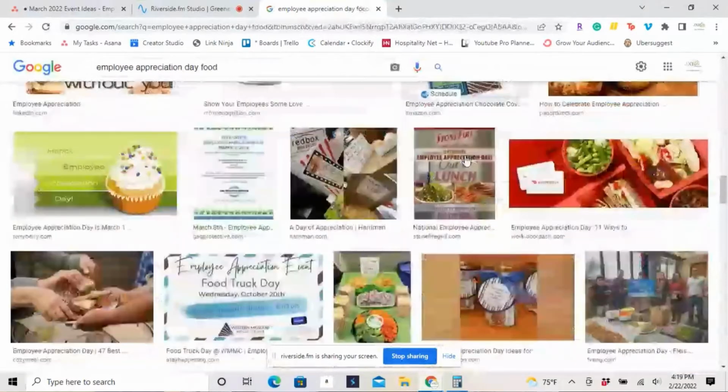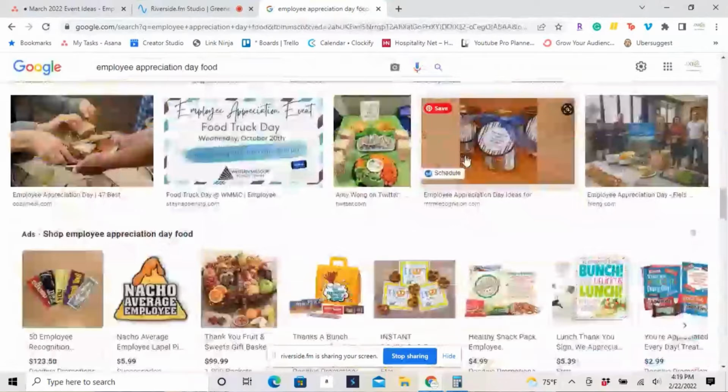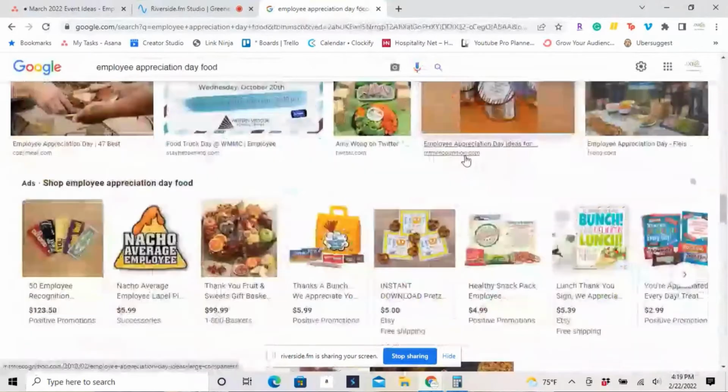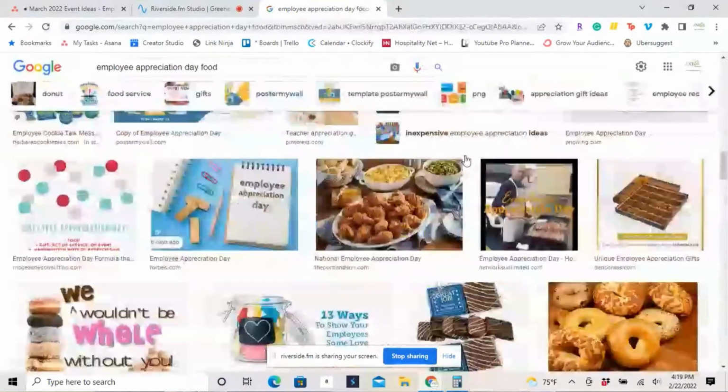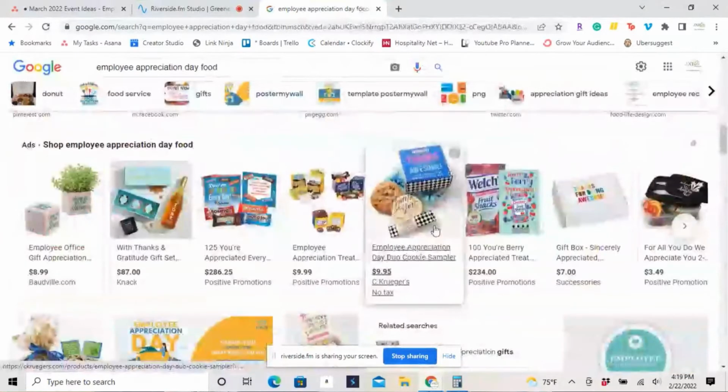If you do bake and you want to do bagels and personalized baskets, cool. I know a few of the people in my audience do really amazing desserts and treats. So maybe thinking ahead of time, okay, what if I did some kind of really cool box for employee appreciation because I bake, or because I do really amazing chocolate covered treats. This is how you are able to stay ahead of the game when it comes to your client compared to